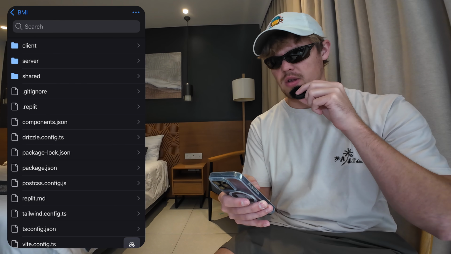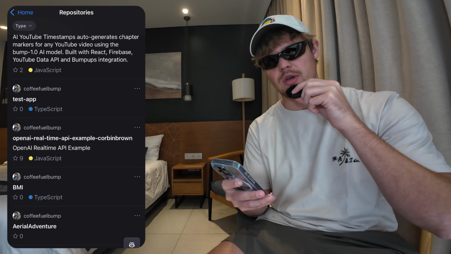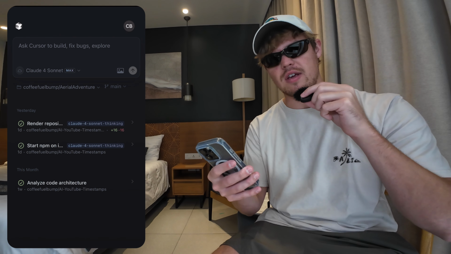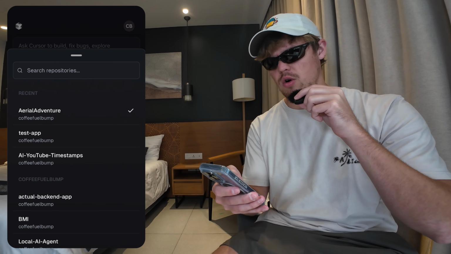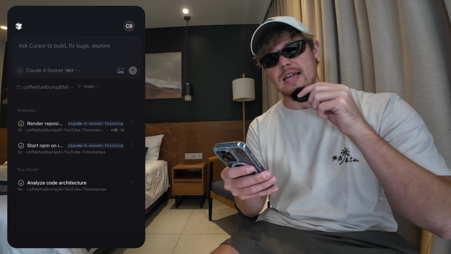We can kind of jump through the components, but we have our code. We have our BMI app. Now let's do a Cursor pull here and a Cursor push. So I'm going to come back out, go to Cursor, and make sure I've connected my GitHub account here as well. We're going to select our relevant repo here, which is BMI, and then leveraging Cursor's AI and its infrastructure, we